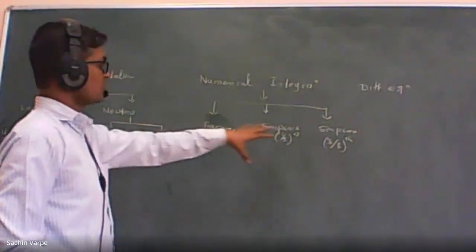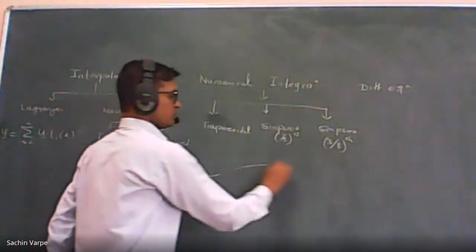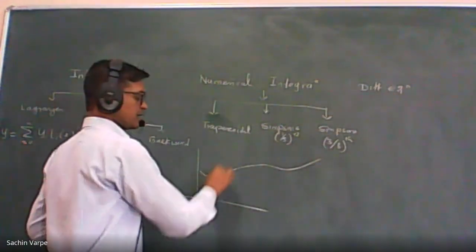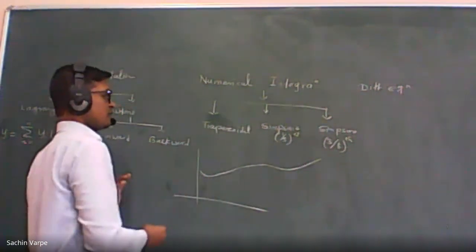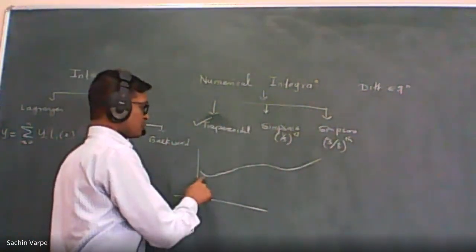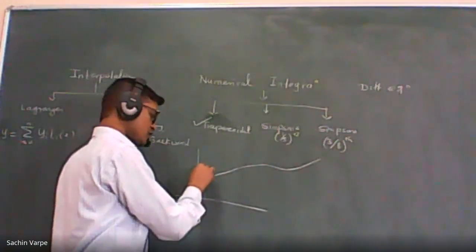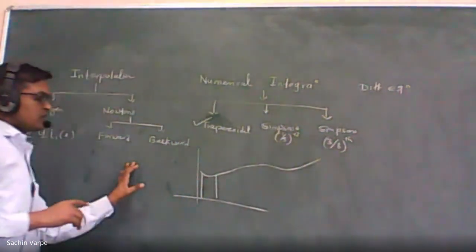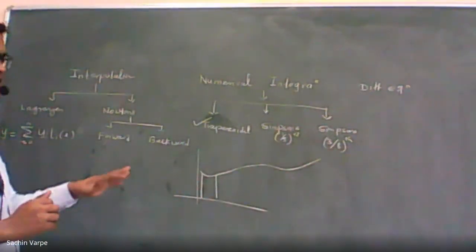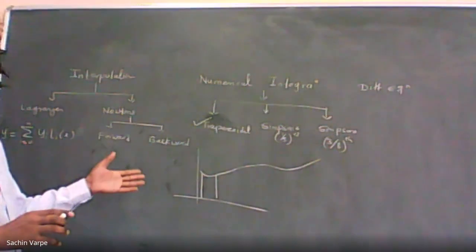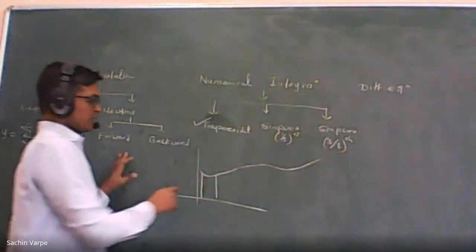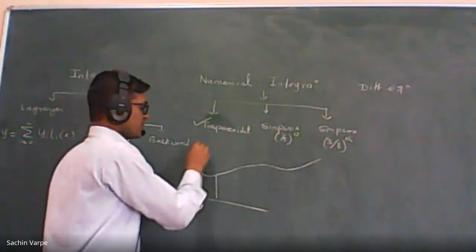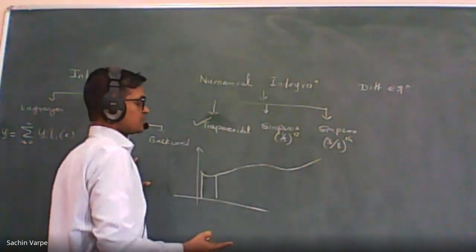What we did in all these three: whatever complicated function is given, if we want to find the area under that function, in the trapezoidal rule we have approximated that function to small trapezoids, isn't it? Basically, what is a trapezoid? Its two opposite sides are parallel, and the other two sides are not parallel. So we are approximating this area to small trapezoids, and then collecting all the areas of those trapezoids is nothing but the area under the curve, isn't it?